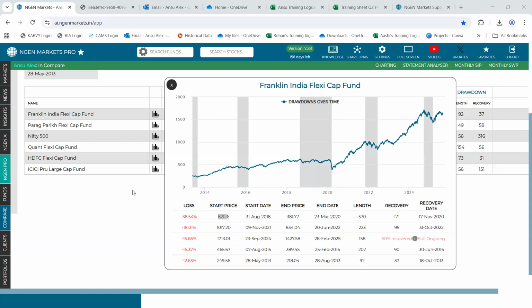Firstly, it looks at daily frequency data, and it starts counting as soon as the price starts falling. It is considered a drawdown, and it will keep counting it as a drawdown until the price creates a bottom and turns back up again. So that's how it counts a drawdown. And then what we're showing here is the worst 10. So it counts all of them and then basically shows you the worst 10.